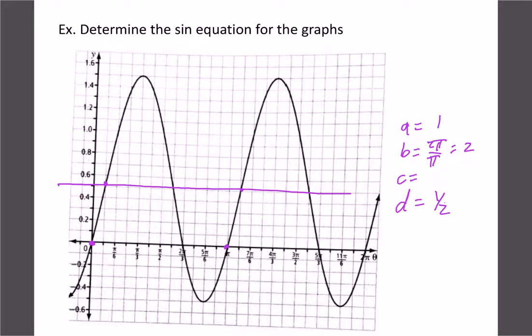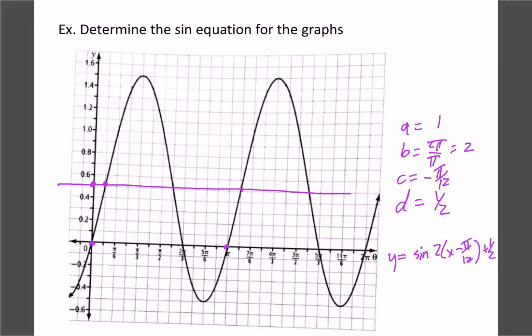And our C now is we want our sine graph to start right there. So where you can see we've shifted to the right. We went 1 square, which would be pi by 12. And it's to the right, so that would be negative. So our equation then is 1 sine, 2x, put the 2 up front in brackets, minus pi by 12